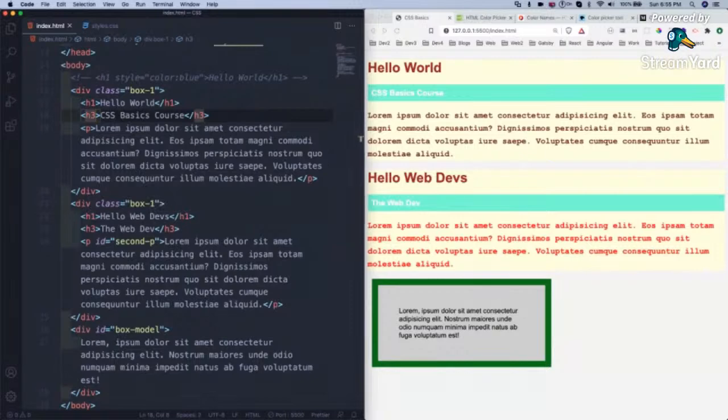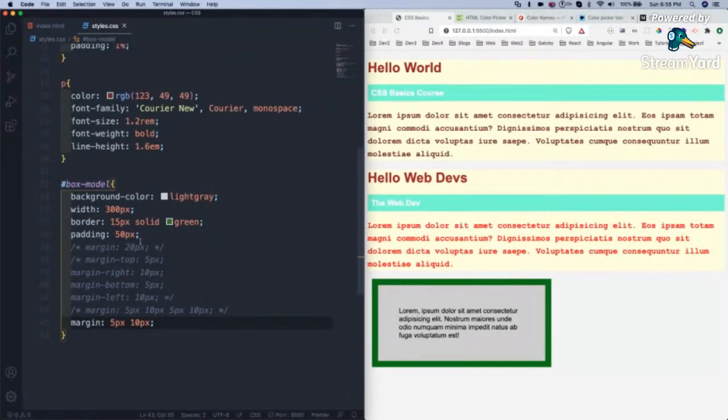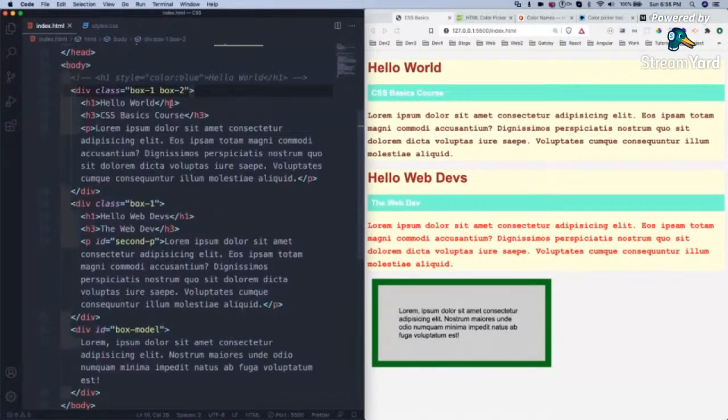But there is another way also to target that specific one. See, I can have multiple classes also here. So let me give it box 2 like this, and I will see this first one has box 2 and the second one has box 1 only.